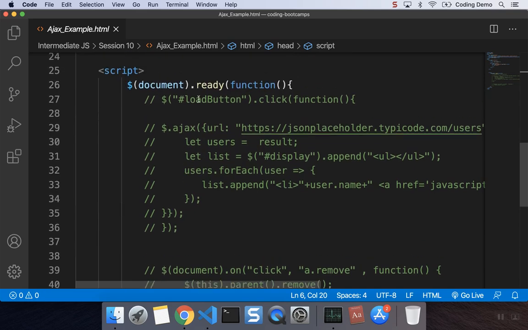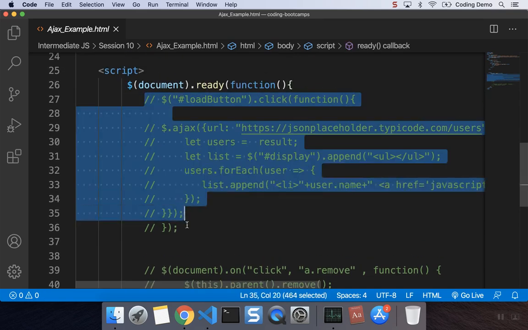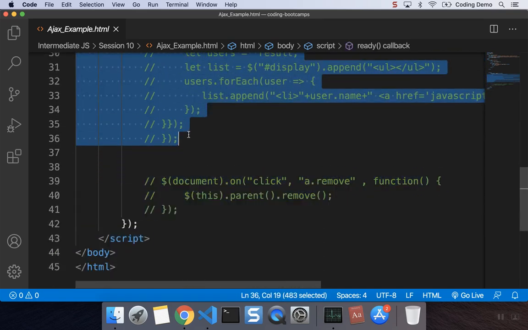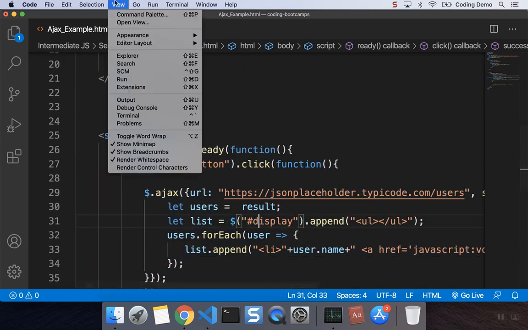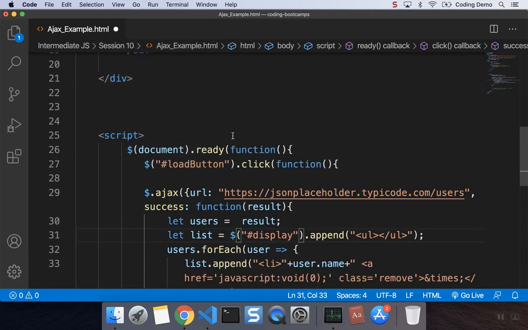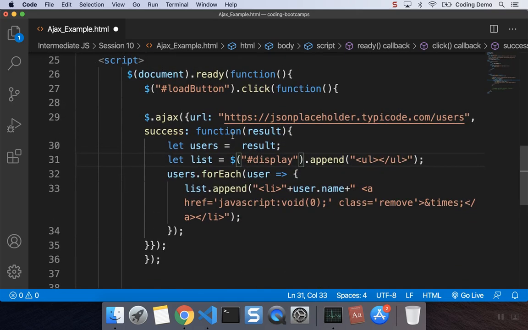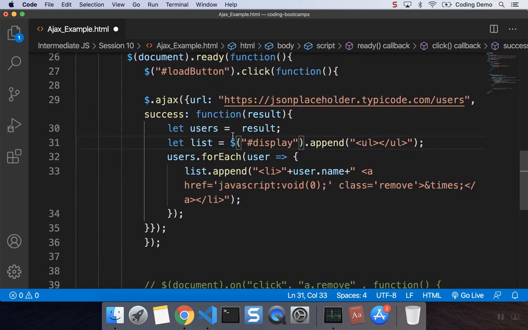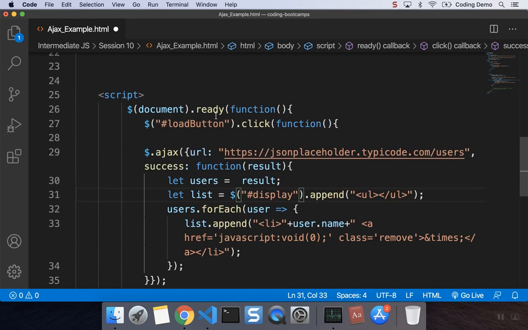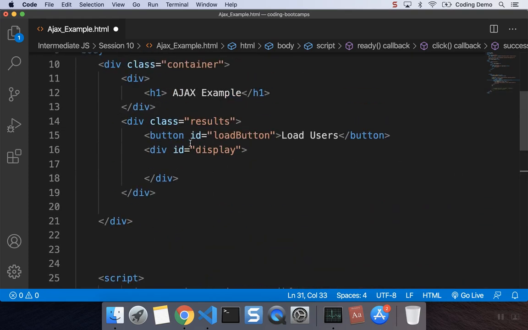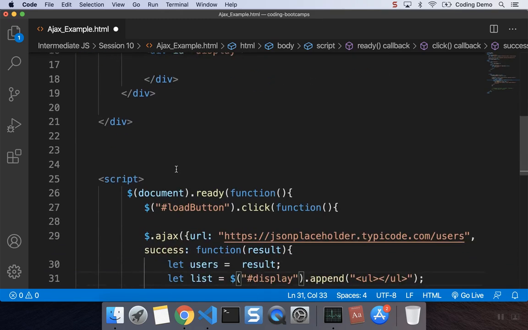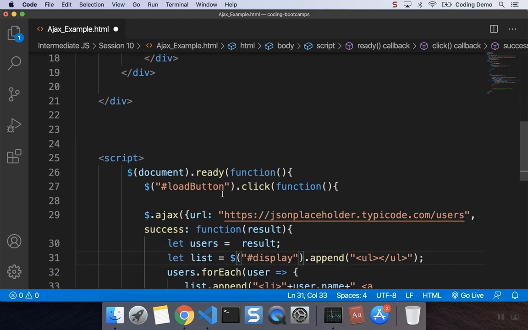All right, so in here, once the document is ready, we're capturing the click event. There is a button that we have created to load the users and then display them in this div. So once we click on this button,